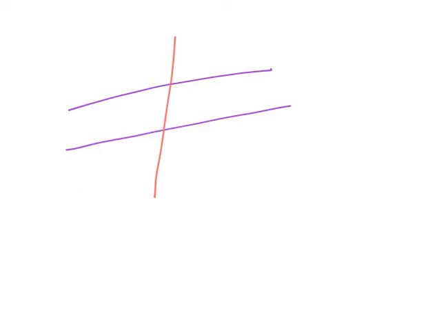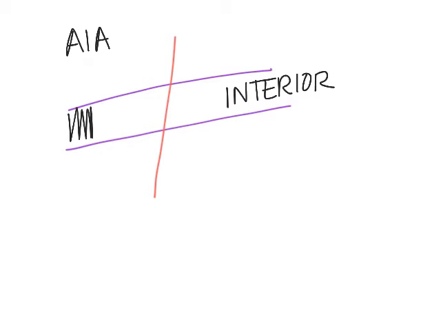Another new angle pair that we're discussing in this video is the set of alternate interior angles. When we talk about interior, we're talking about between the two lines. So the interior is going to be in here, in between these two. And the word alternate, remember, means opposite. So they're on the opposite sides of the red transversal line. Opposite sides of the transversal. And they're inside the purple